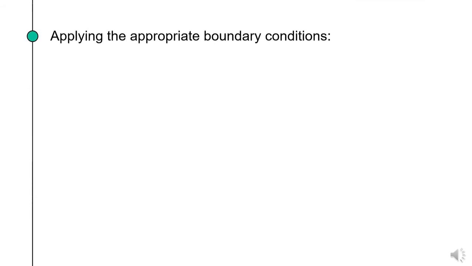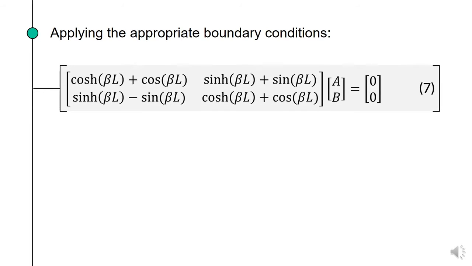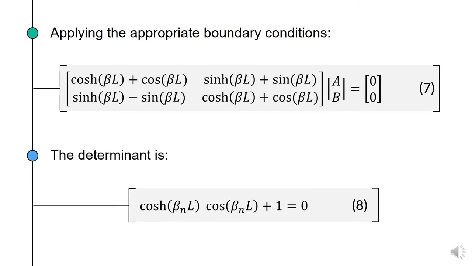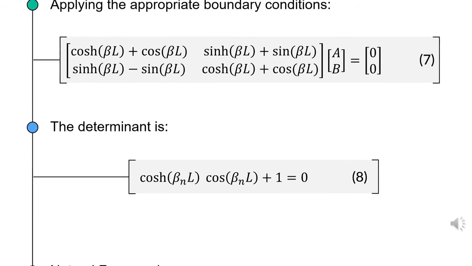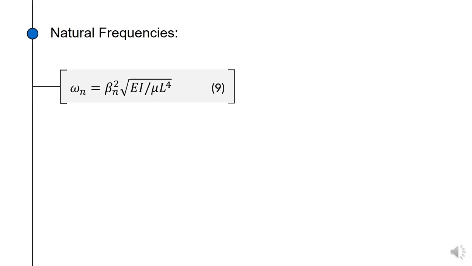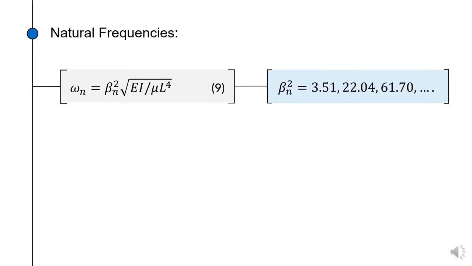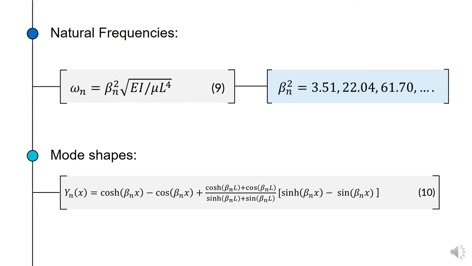Applying the appropriate boundary conditions results in the following eigenvalue problem. To find a non-trivial solution of beta, the determinant is set to 0. Numerically solving for beta results in the following solutions of the natural frequencies, where beta is given by the following. The mode shapes corresponding to these natural frequencies can be found by,